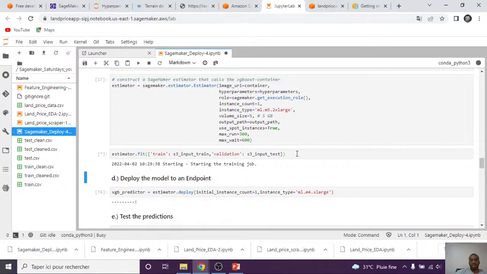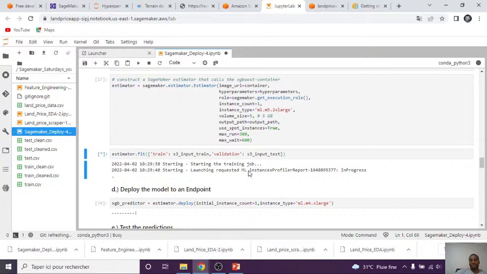And good. So now we're actually training the model. If you see here, it says it's starting the training job. It is now going to go and get the container image of the XGBoost from ECR, Elastic Container Registry, and bring it here so that we can use that XGBoost and then build our model artifacts and store them in our